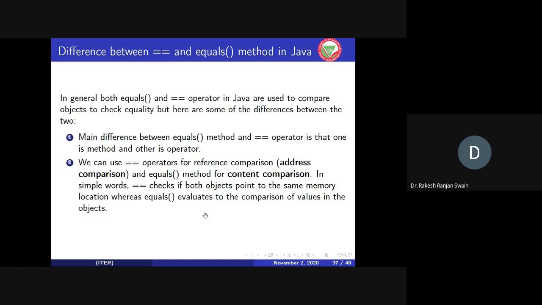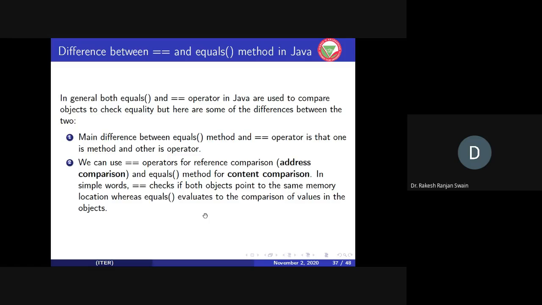So the first difference is one is an operator, another is a method. Next, double equal to is used to check the memory reference or address comparison, whether both objects are present in the same memory or not.